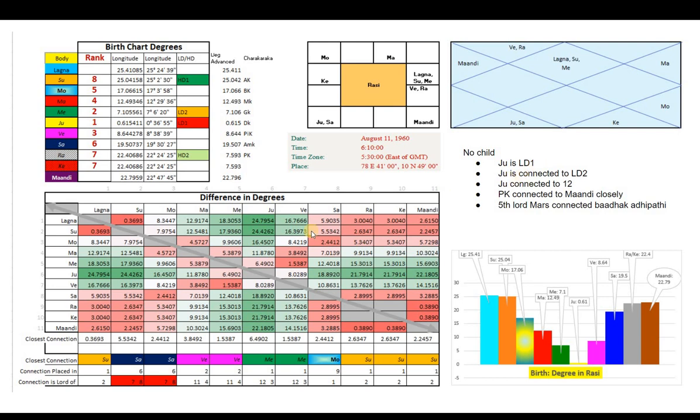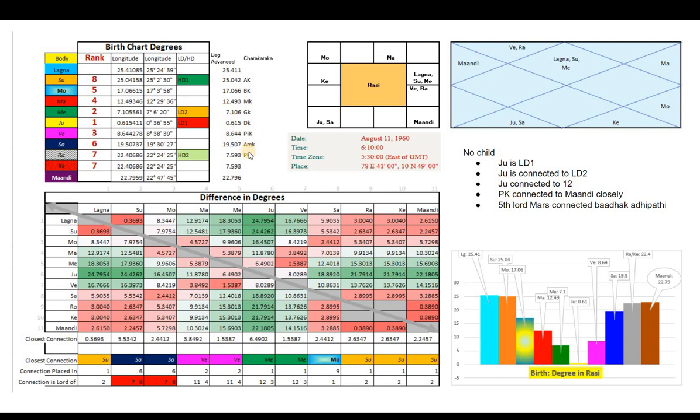And Jupiter is also connected to Mercury, because Mercury, if you see, is red, 6 degrees away, of course, that is the lowest. So Jupiter is connected to Mercury, and Mercury turns out to be LD2, so no great connection there. So that way,